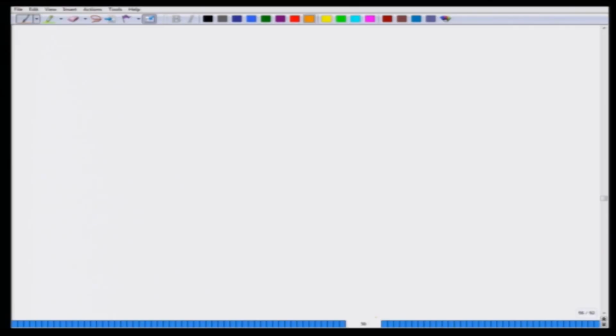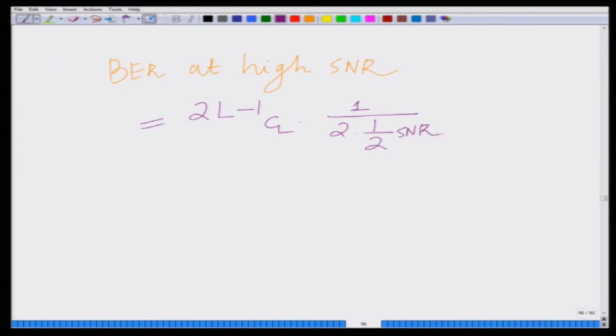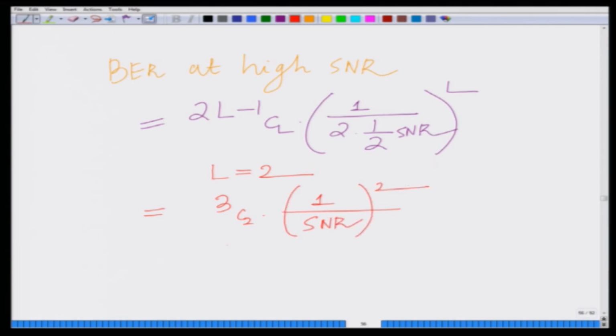Therefore, the bit error rate at high SNR equals 2L minus 1 choose L, 1 over 2 times half SNR, because the transmit SNR there is a factor of half, raised to the power of L. Substituting L equal to 2, it is 3 choose 2, 1 over SNR raised to the power of 2, which is basically 3